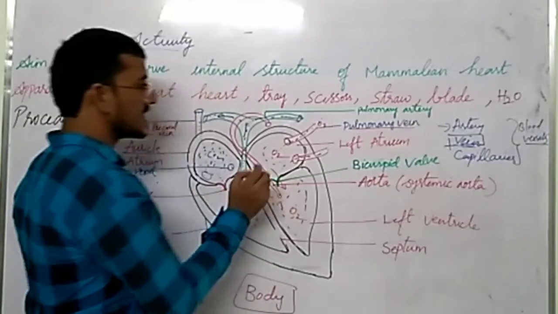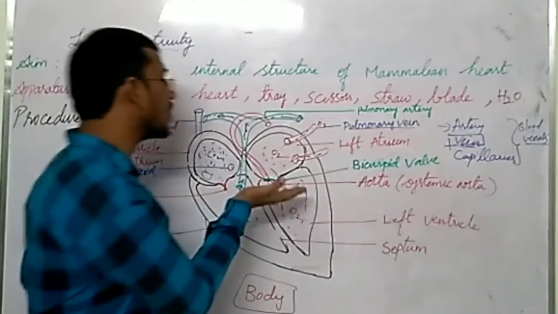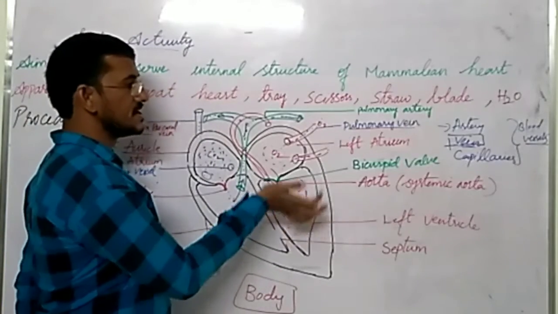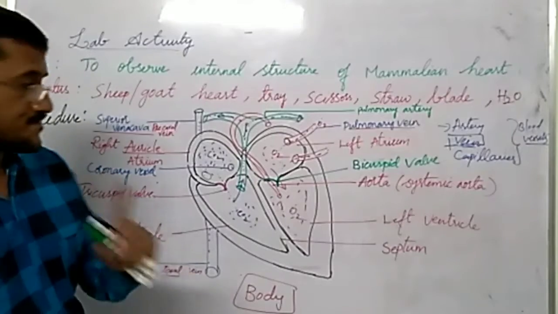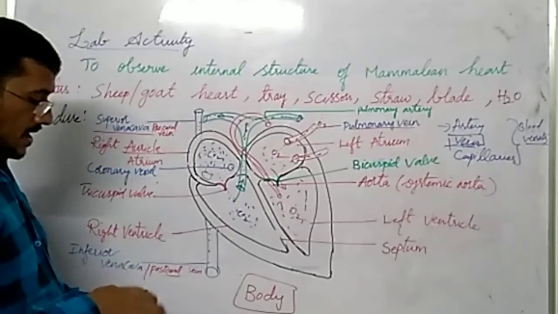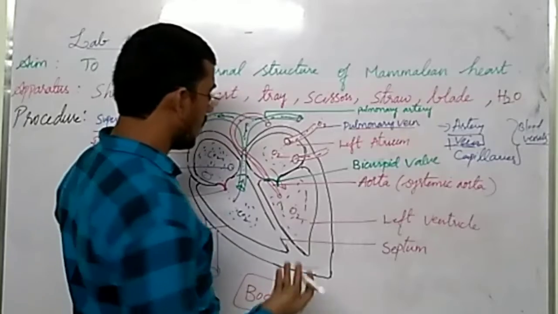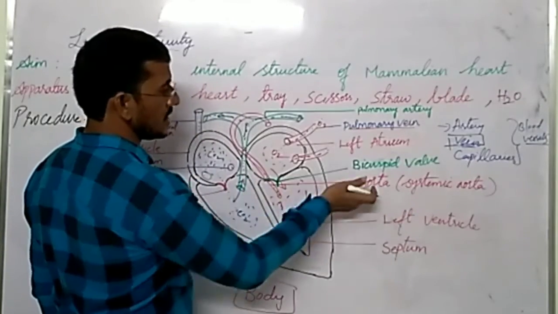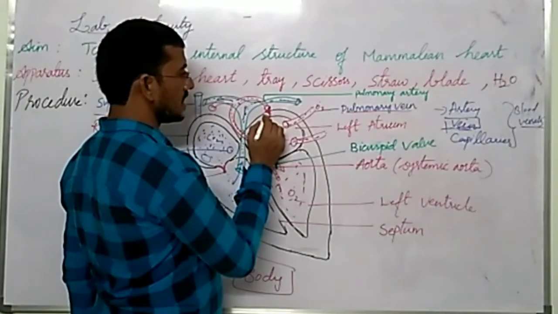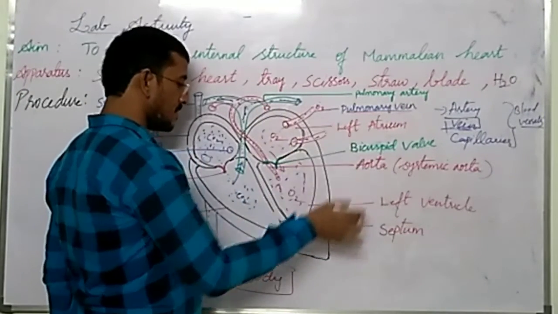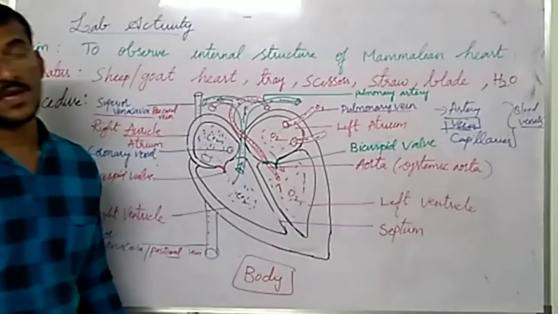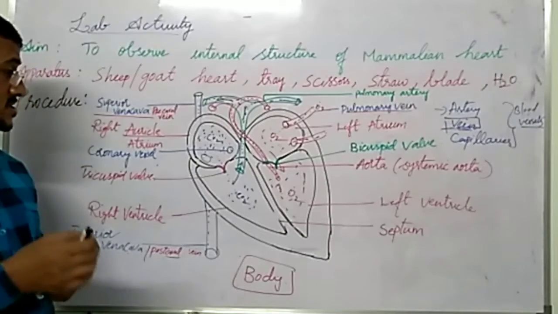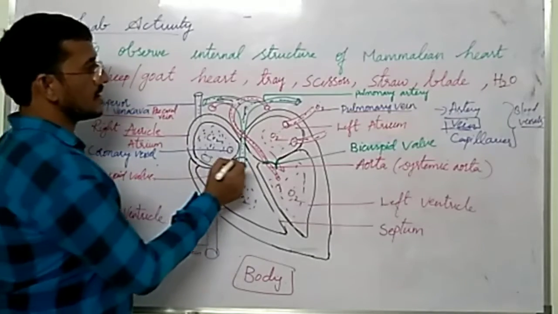This bicuspid valve's function is to prevent the backflow of the blood from left ventricle to left atrium. Then pure blood from left ventricle will enter into the aorta, systemic aorta. This aorta is going to take pure blood to all parts of the body, and valves are also present in